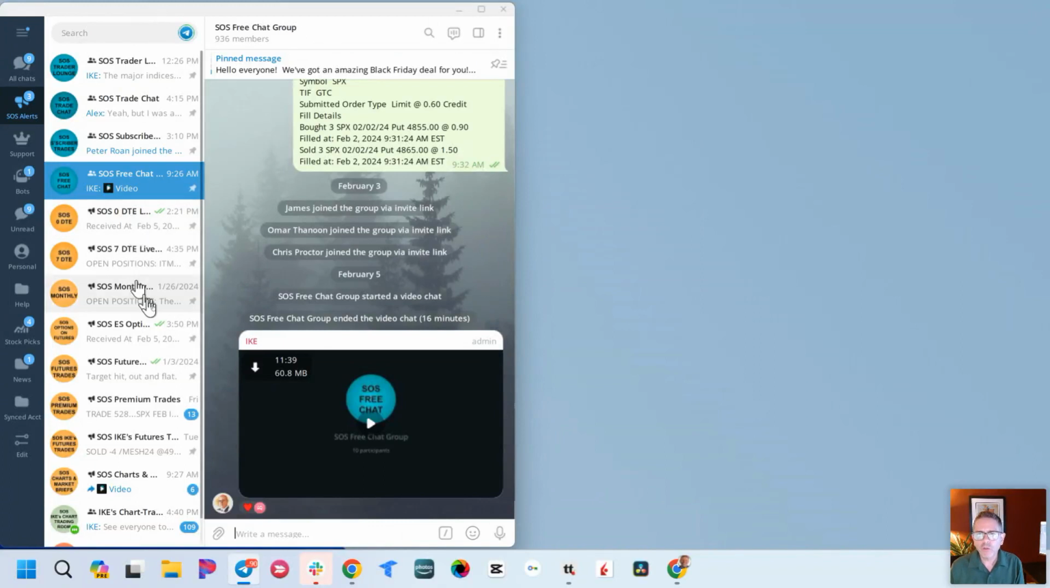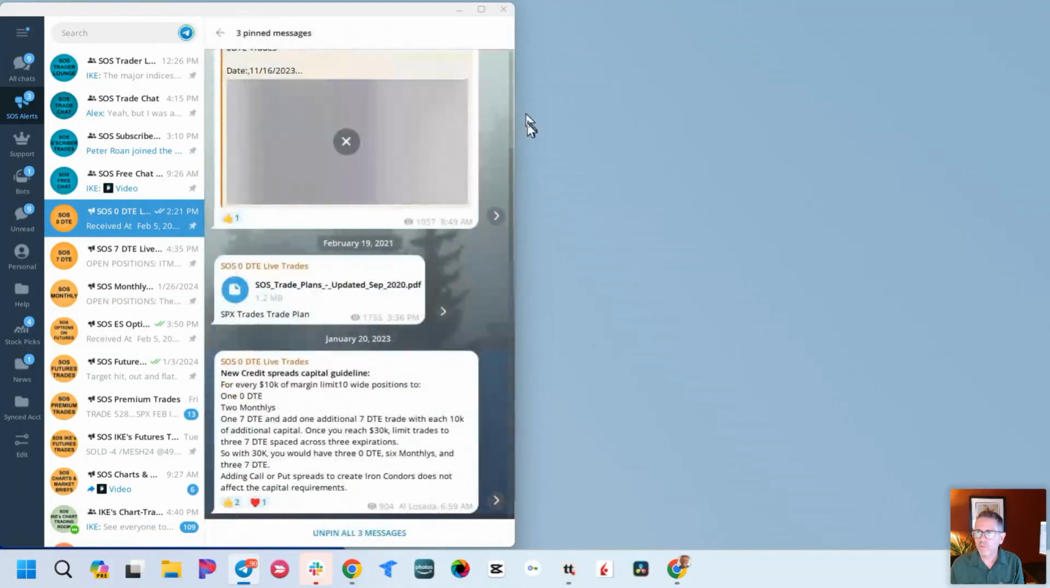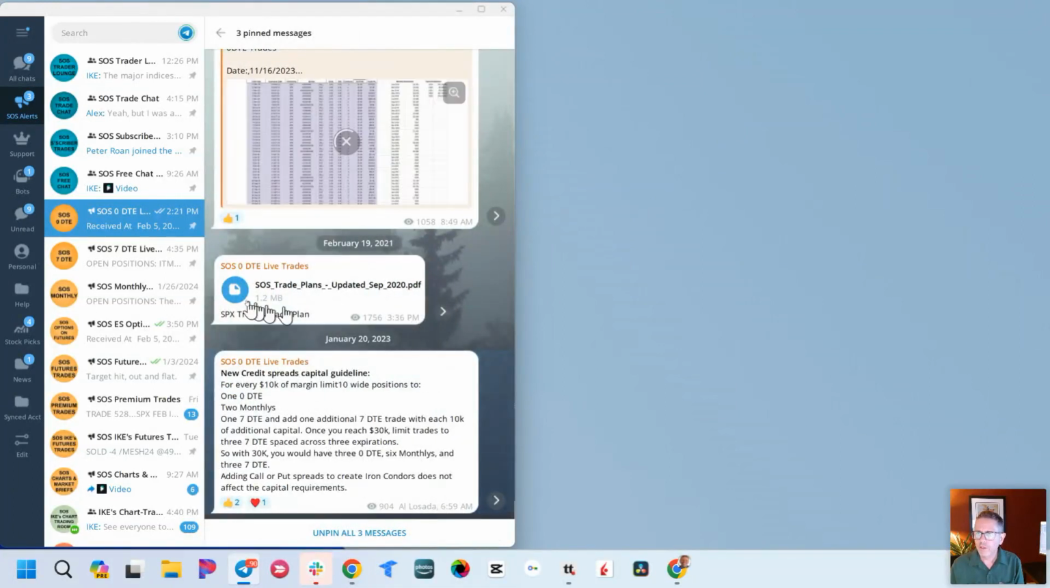Okay, now we're going to go to 0DTE. These are two-way communication on all these, and this is one-way communication. Okay, so 0DTE is the trade channel for SPX 0DTE. Okay, and if we go up to the pin here, there's trade plans and then performance